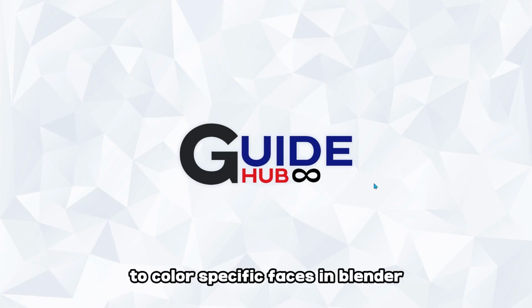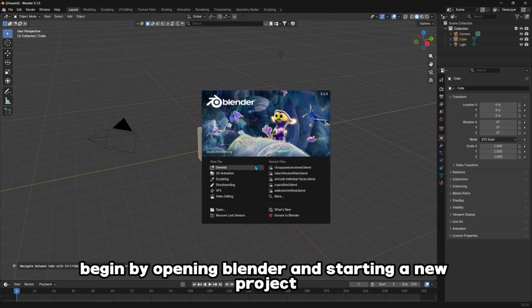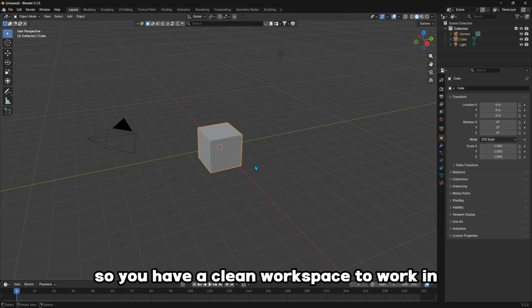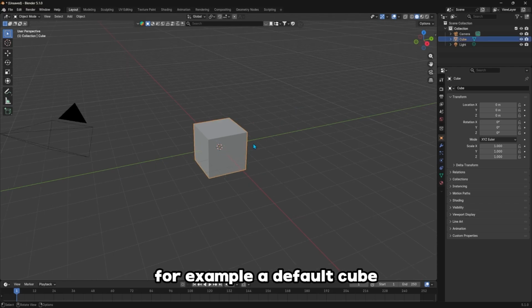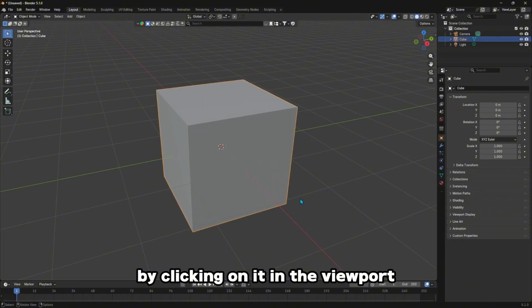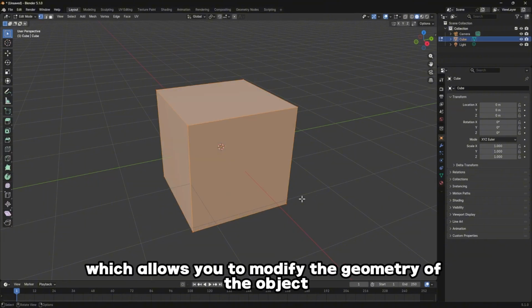To color specific faces in Blender, begin by opening Blender and starting a new project so you have a clean workspace to work in. Next, select the object you want to edit, for example a default cube, by clicking on it in the viewport. Press Tab on your keyboard to enter edit mode, which allows you to modify the geometry